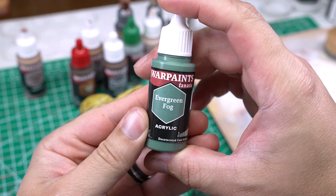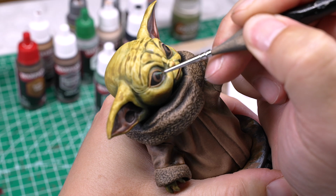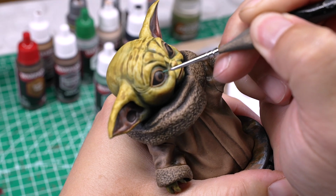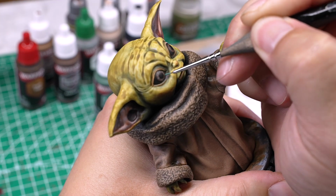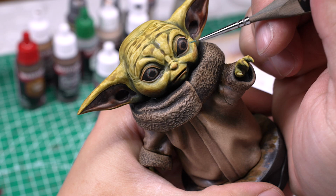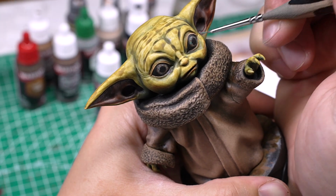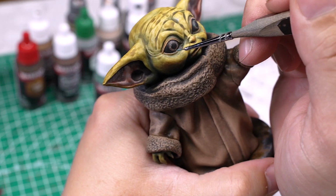I used evergreen fog to bring in some color into his iris, and I've never painted an iris because typically everything that I paint is so small that there is no iris to paint. So I just kind of went in and made some tiny brush strokes in there to bring in some color. I could have spent a little more time on this, but I didn't, and I'm okay with